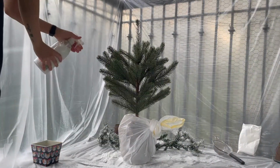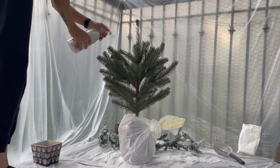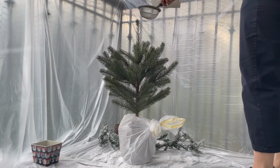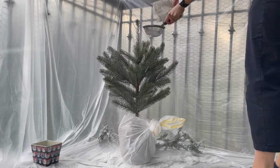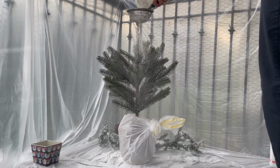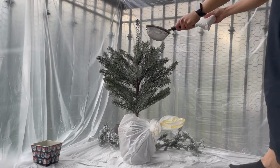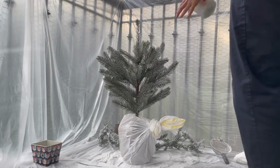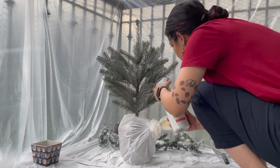Now all I'm doing here is spraying the tree with the mixture of water and glue first, and then going in and putting the cornstarch through the sifter and moving it over the tree to begin the flocking process. Now you can repeat this a few times to get your desired results with the tree, and I just think this is a really good and affordable alternative to buying flocking powder online, especially if you're trying to flock a